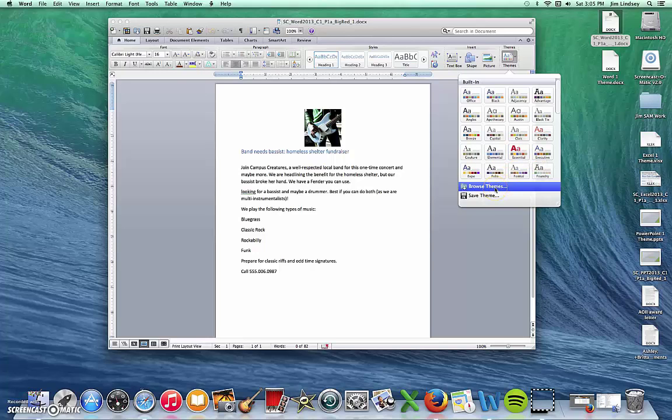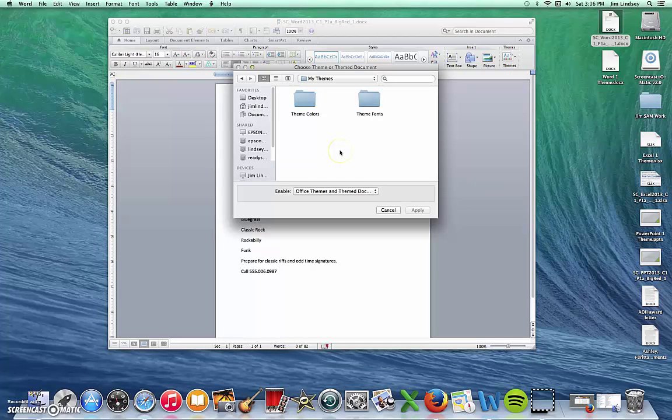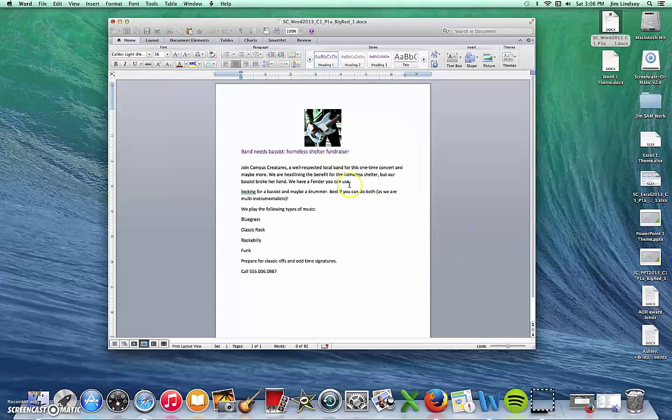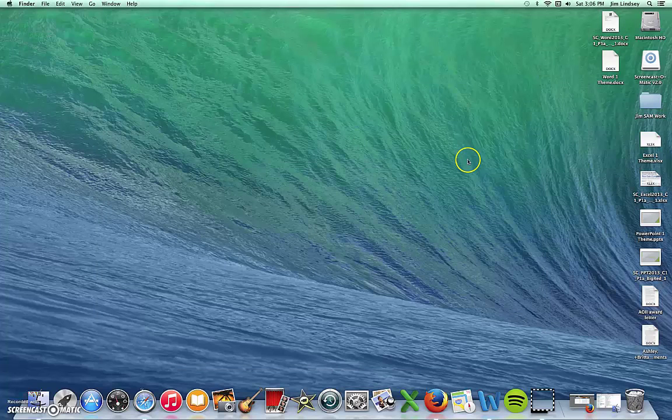So I need to click on Browse Themes and navigate out to my desktop where I saved that Word 1 theme, which I got from Blackboard. And I find my Word 1 theme, click on it, see if I can get this out of the way so you can actually see. Watch that color right there, it's going to change. When I hit Apply, it sort of turns to a purple, and so it pulls in the colors and the fonts and all that kind of stuff. And so then I can save this and now I've got a good start file to start doing the project just like everybody else that has a Windows computer. I'll close this guy. Let me do this one more time with Excel, because again, Excel looks a little different.